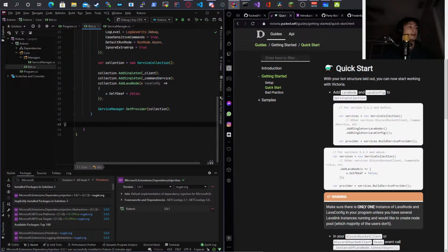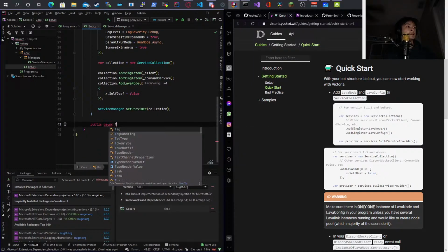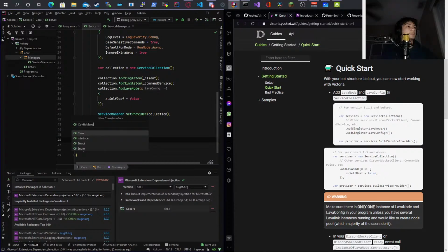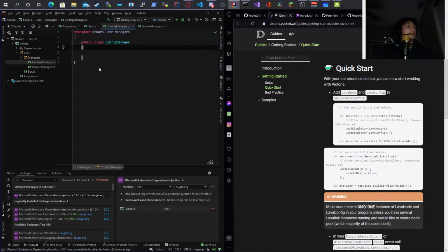Now I need a public async Task, and then I need to do MainAsync. And then I do need a config manager. Okay, and this is going to handle all config stuff, which is token and prefix basically.